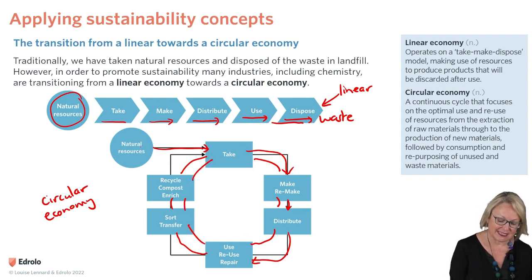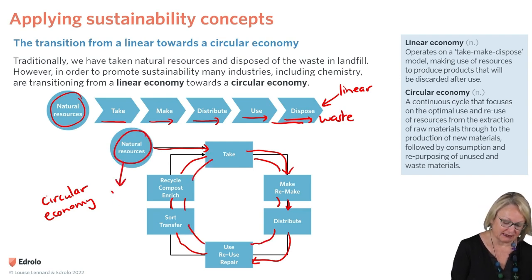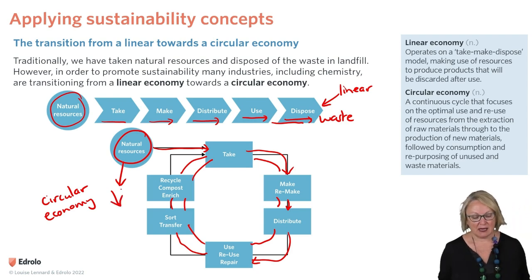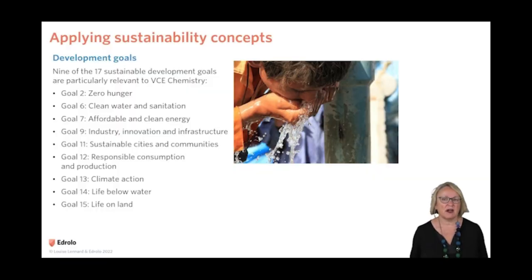So there is less natural resource taken, lowers that. So traditionally, our natural resources have been used in a linear economy, ending up in waste that ends up in landfill. However, in order to promote sustainability, many industries, including in chemistry, are transitioning from this linear economy into a more sustainable circular economy. The United Nations Development Goals, there are 17 of them, and 9 of them are relevant